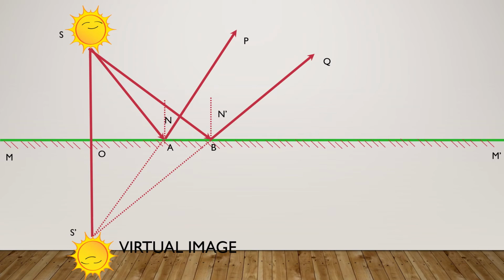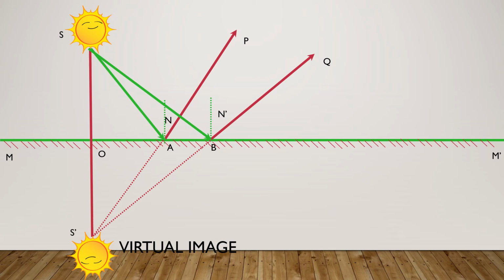Again it is going to reflect back. So here I have drawn two incident rays from the source to the plane mirror. They are touching this mirror M dash at the points A and B. SA is touching at A, SB is touching at B. These two points A and B are present on the plane mirror M dash. Now draw the normals AN and BN dash, two normals you draw here.